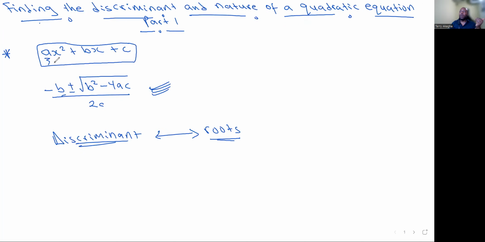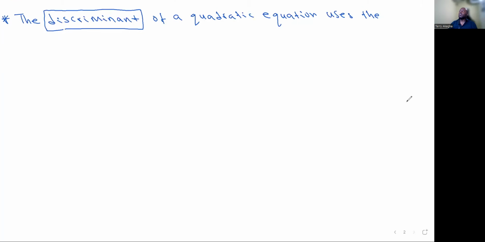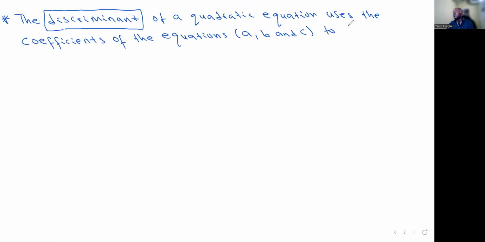So the a is the quadratic coefficient, the b is the linear coefficient, and the c is the free term, okay? So it uses the coefficients of the equation. So that means I'm referring to the a, b, and c, okay? To determine the type